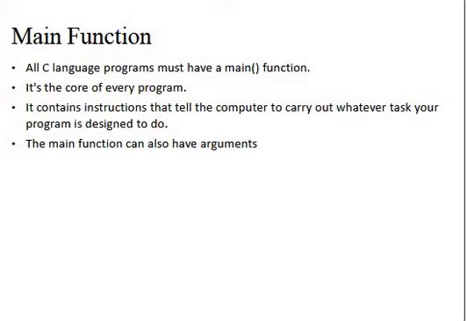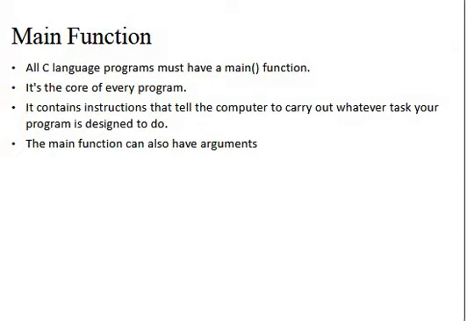Command line arguments in C language. As we know, every C program must have a main function. The program execution begins with the main function. It contains all the instructions that tell the computer to carry out whatever tasks. So the main function can also have arguments. We can pass arguments to